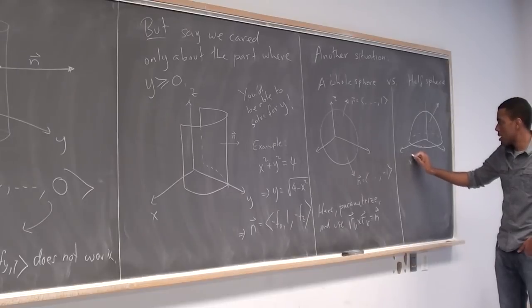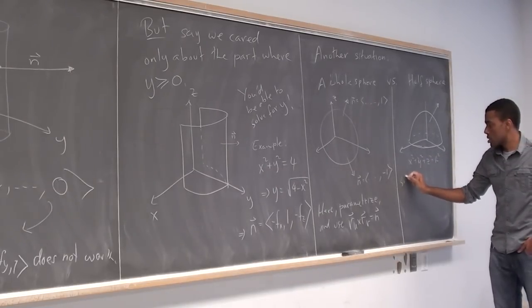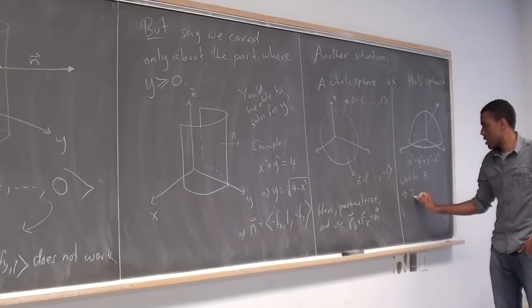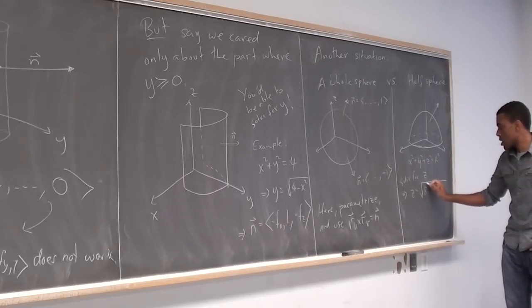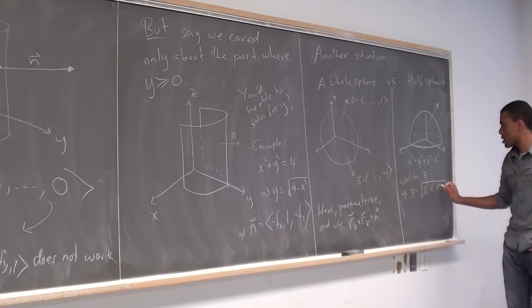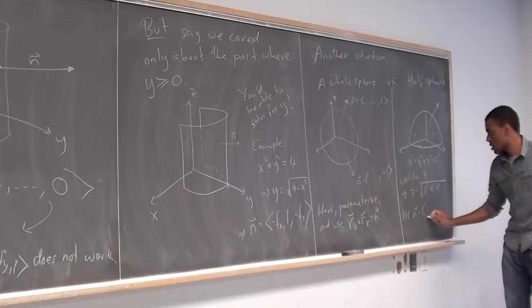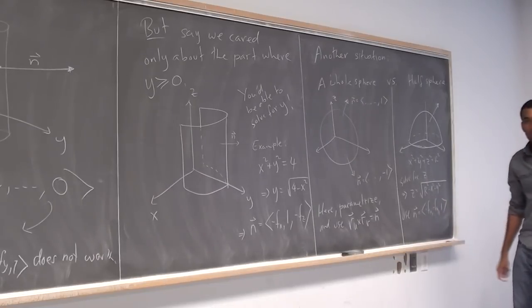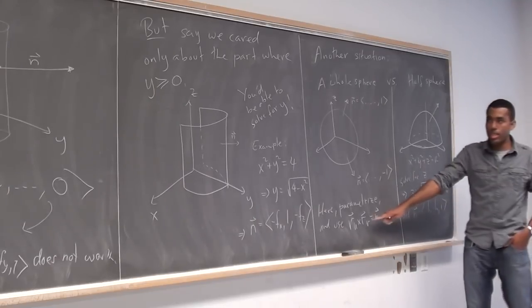So instead of x squared plus y squared plus z squared equals r squared, solve for z. This means your z would be equal to the positive radical, because I will have the upper half of the sphere, of r squared minus x squared minus y squared, and then use n to be just those partial derivatives, minus f_x, minus f_y, positive 1. Okay? And doing this would be a lot easier than the other way, because we actually did parameterize